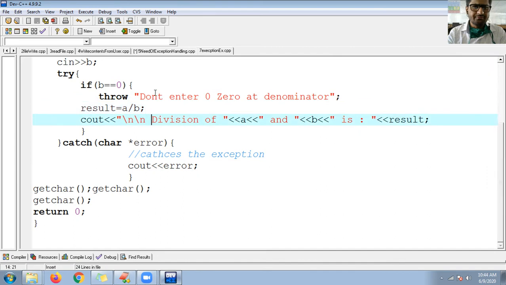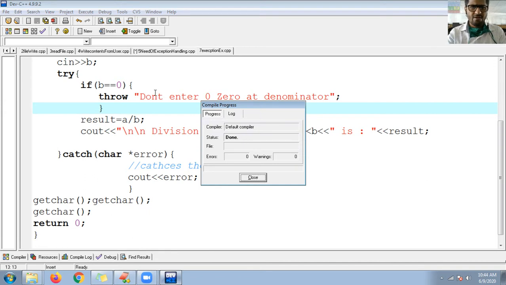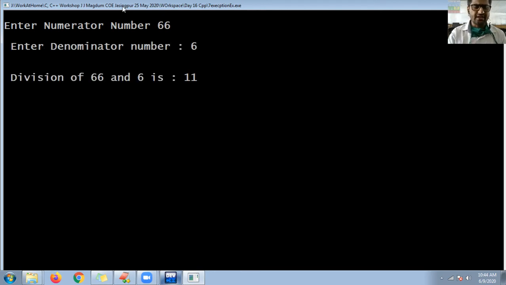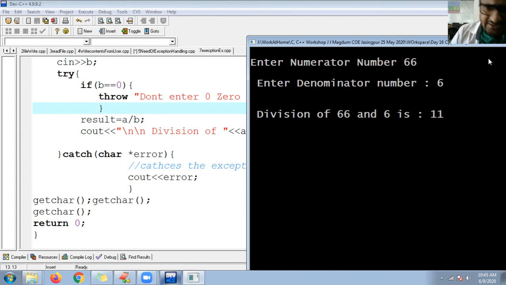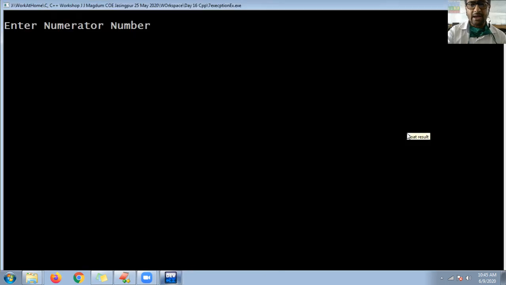So I'll show here. Control X. I'll keep this one here. Control F9, Control F10. Now 66 and 6. I entered correct values, 66 and 6, and I got the division of 66 by 6 is 11.